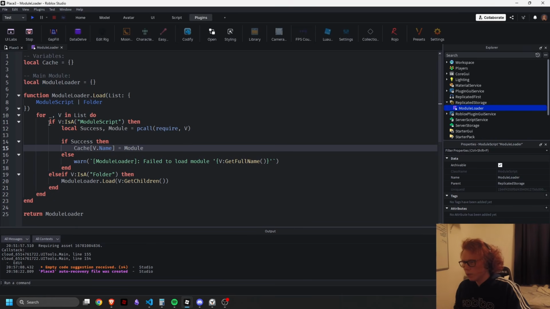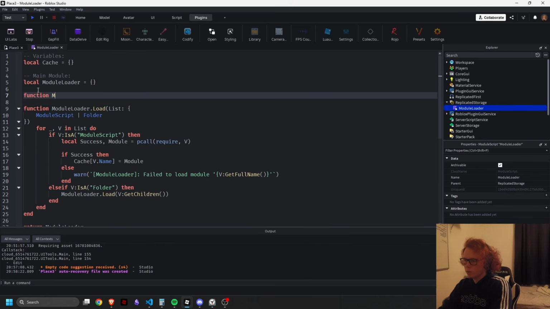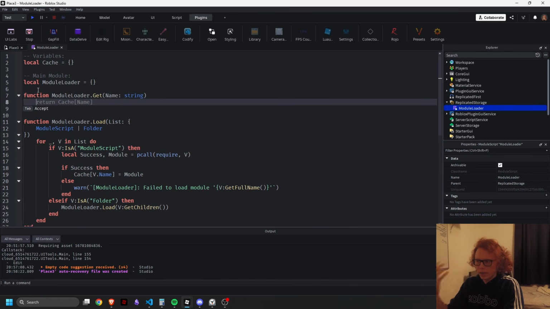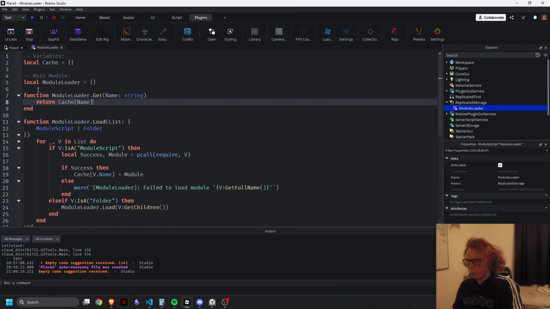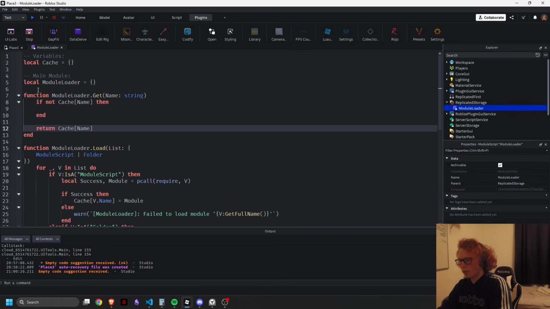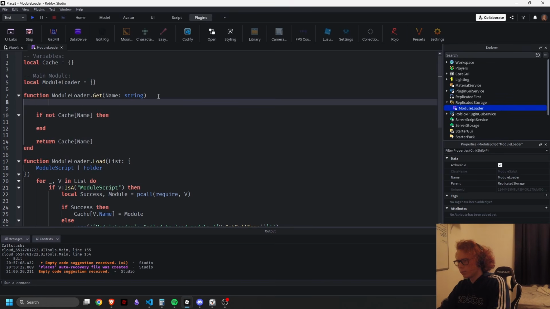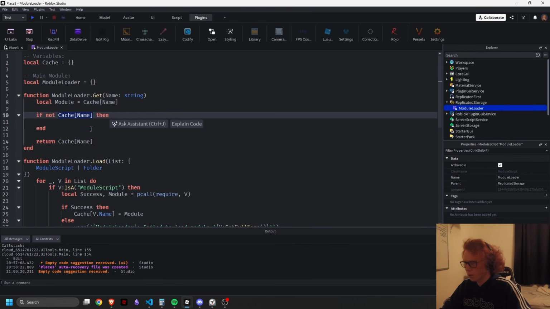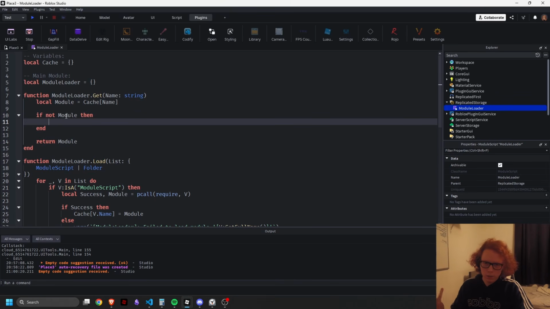Well, put simply, we can introduce a new function and do something like this: module loader.get, and maybe we say we want the name of the module. Boom. Or here, we can even add a little bit of quote unquote error handling. We're just going to warn. So not necessarily error handling, but we could actually store that in a variable, say not module. So if it's nil, this condition is going to be true,